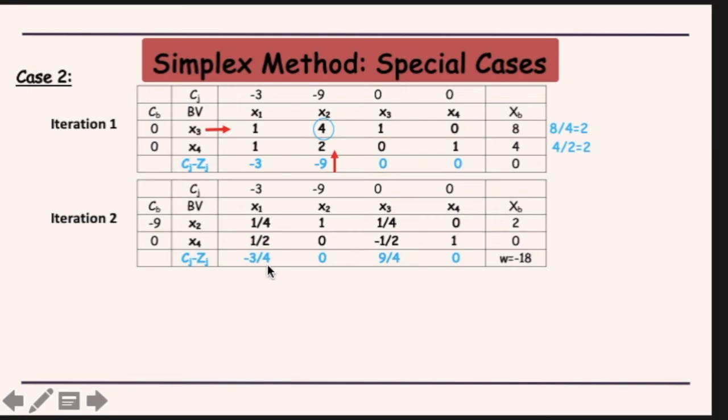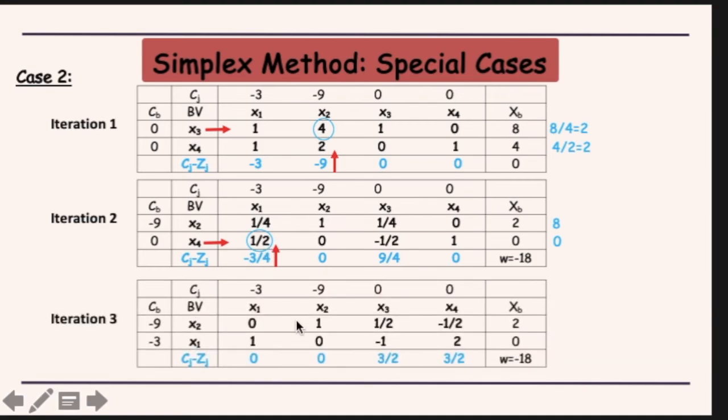Now since we haven't reached optimality yet because we have a negative Cj minus Zj, this would become the entering variable, and for the leaving criteria we have these two ratios. So obviously the minimum occurs at 0. So x4 would be our leaving variable, and the element half is the pivot element, and we would again perform the pivot operations. So this is the tableau at the third iteration. Now here you notice that all your Cj minus Zj's are non-negative, so that indicates optimality.